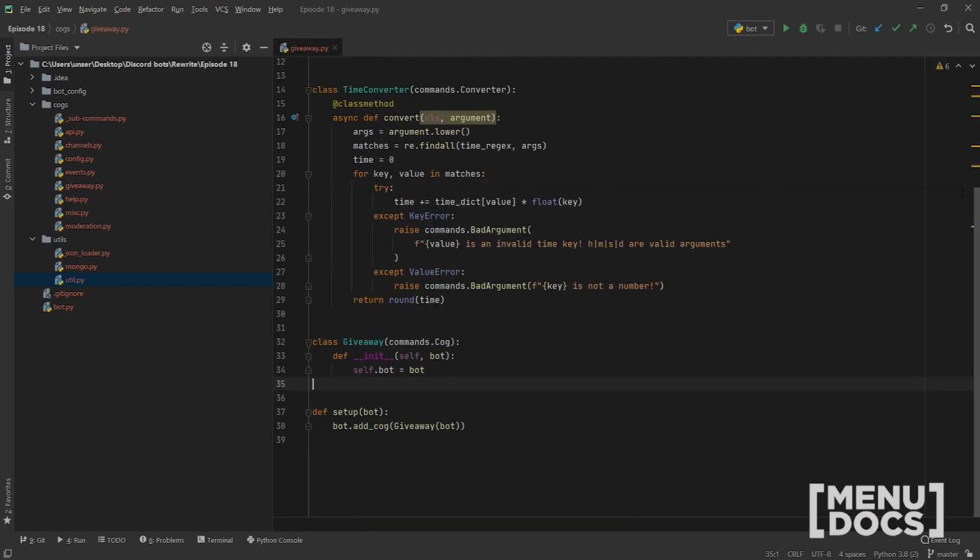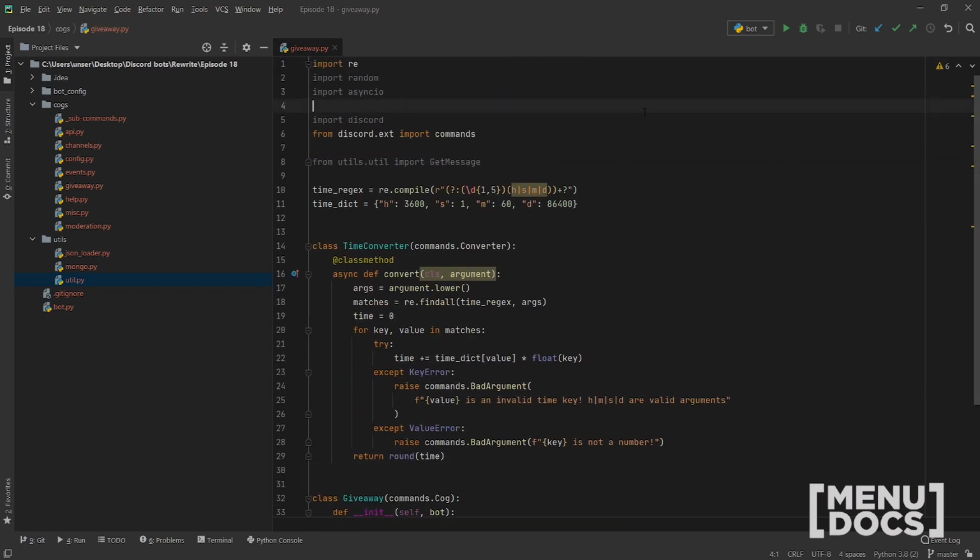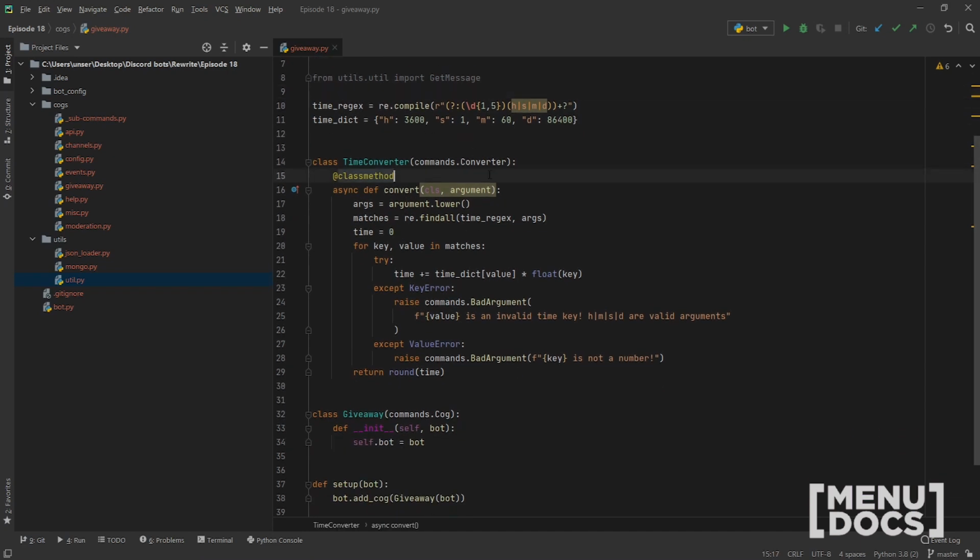So anyway, that's all we need from that. And these are our imports for today. We're going to be using regex, random, asyncio, discord, commands from discord.ext, and our get message function. So we've got our time regex from earlier on from our mute command. We've got our time dictionary, we've got our time converter, except this time around you might notice it takes something different. So it's highlighted here,